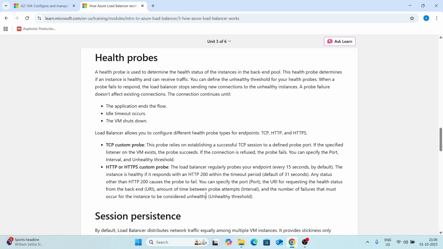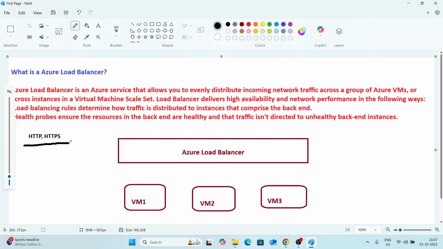So let me explain in detail. For the HTTPS custom probe, what does the Azure Load Balancer do? It will send the request to VM1, and to all the VMs which are connected. This request is sent after 15 seconds by default. We can change it to 30 seconds or 20 seconds, it depends upon us. And if we get a response from the virtual machine for HTTP, like yes,